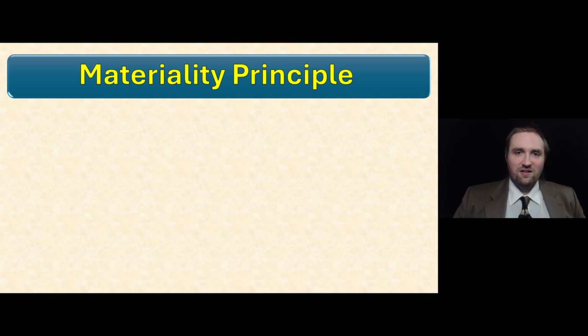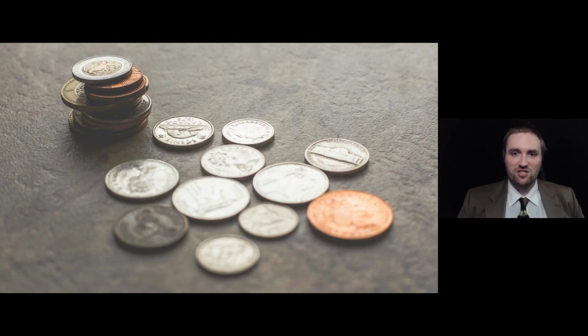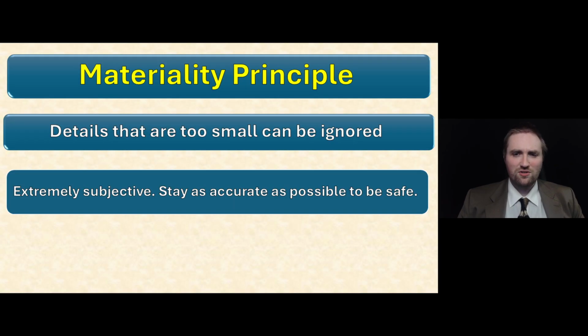Principle number 3, the materiality principle. The materiality principle states, details that are too small to affect financial statements can be ignored. For example, if your business makes $100,000 in a year, then you can round up all pennies to the nearest dollar. This principle is extremely subjective though, and honestly,